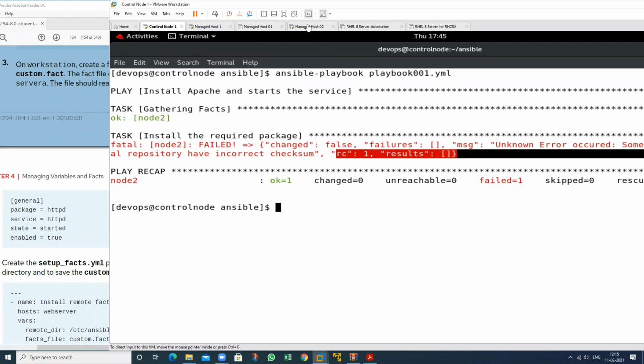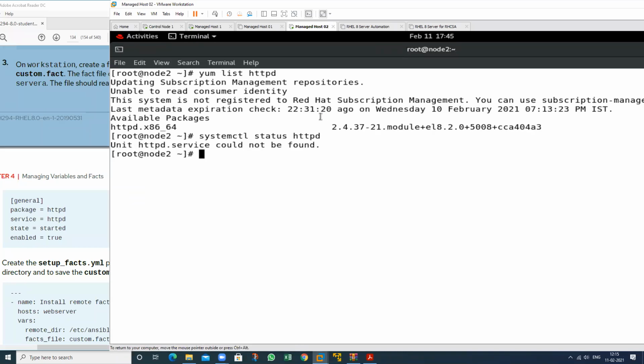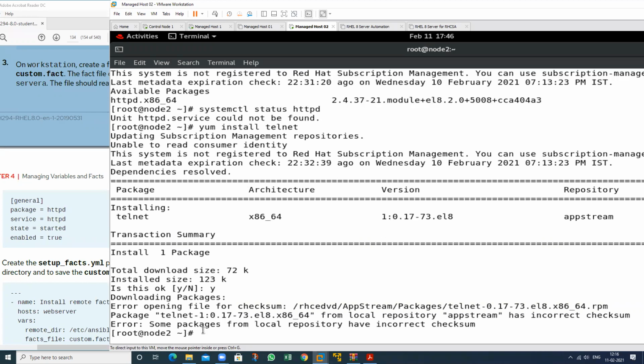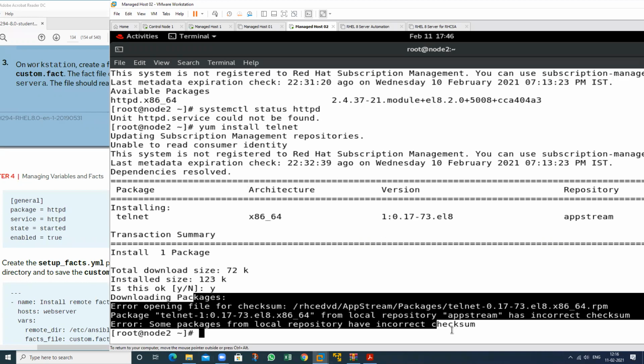Because my repository is not working. See here. At this time, my repository is not working. How can I check this? Suppose I want to install another package like Telnet. See, if I place just yes, my repo is not working.